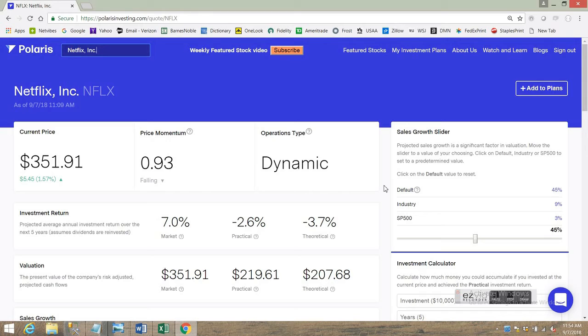Now, on occasion, you may want to take it up to 10 years. You may want to go the other way. There may be a situation where you feel the competitive advantage period will erode extremely quickly, and you may want to lower it. But I can't even think of an example of a stock like that. Maybe Blockbuster years ago, where selling and renting videos wasn't that unique of a proposition,